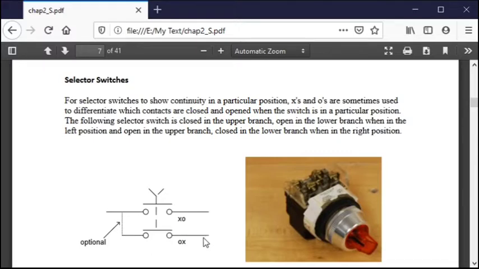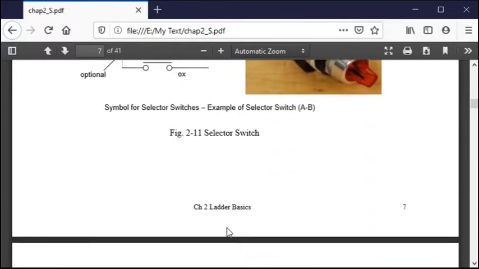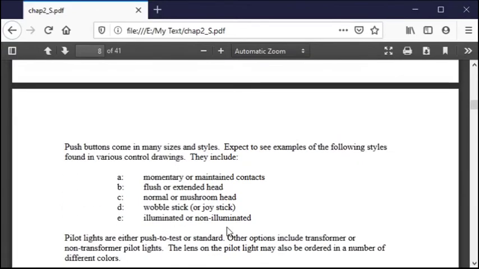You say, do I have to use selector switches? Well, they're nice. You might actually have to use them in some situations. In other situations, you might be able to get away with something on an HMI. But here is something that you might consider. If you have to put a switch on a particular piece of equipment, you might have to consider all these different